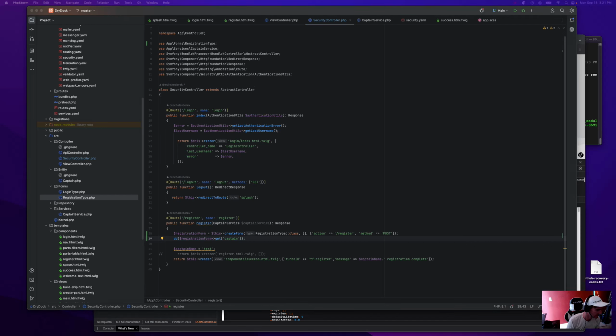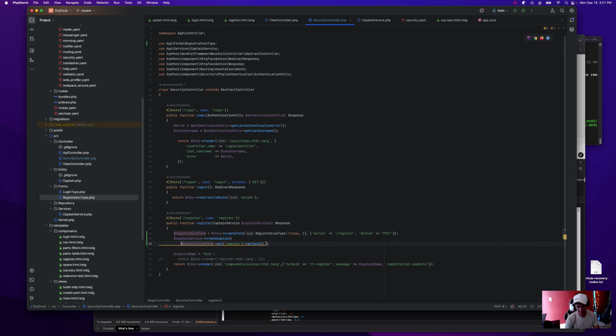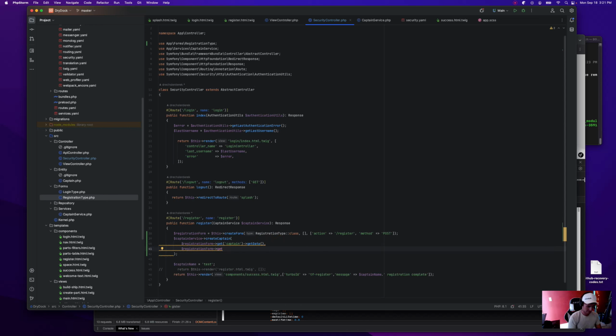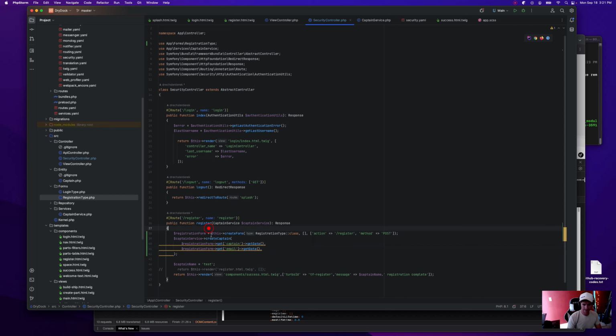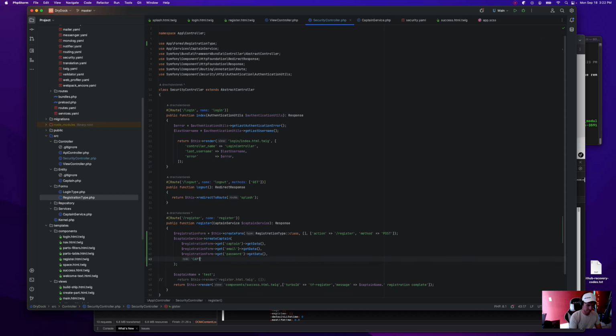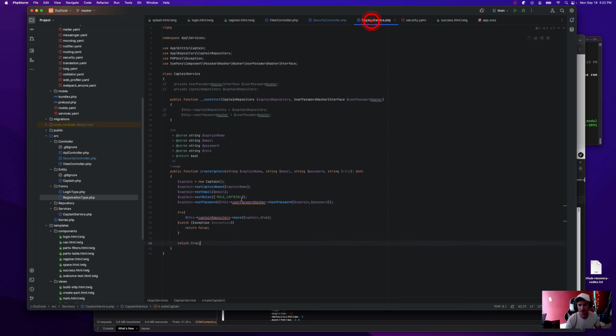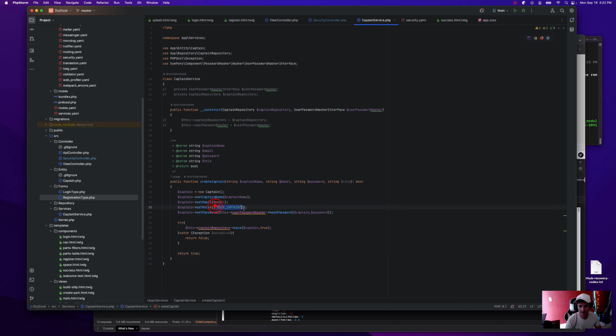So captain name, get email, get data, right, email, password, and then, oh, I did this twice for no reason. Why? Role, that just needs to be role.